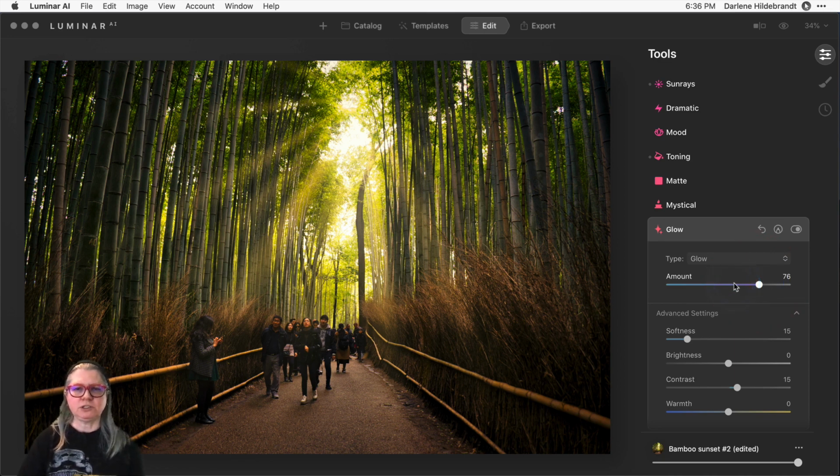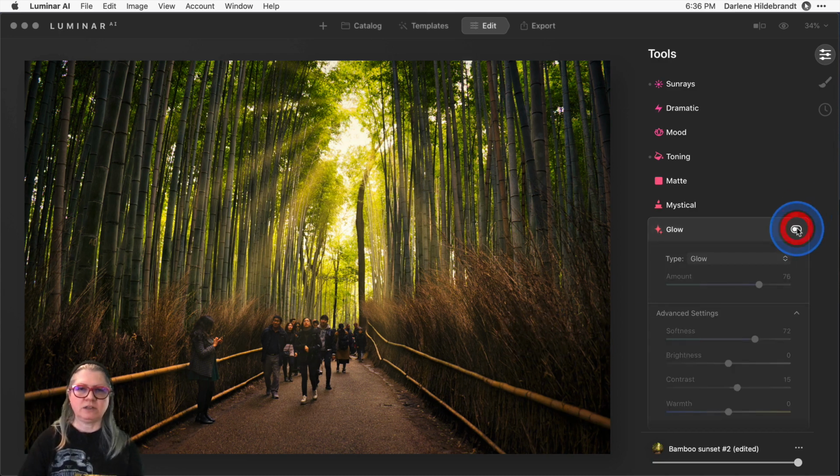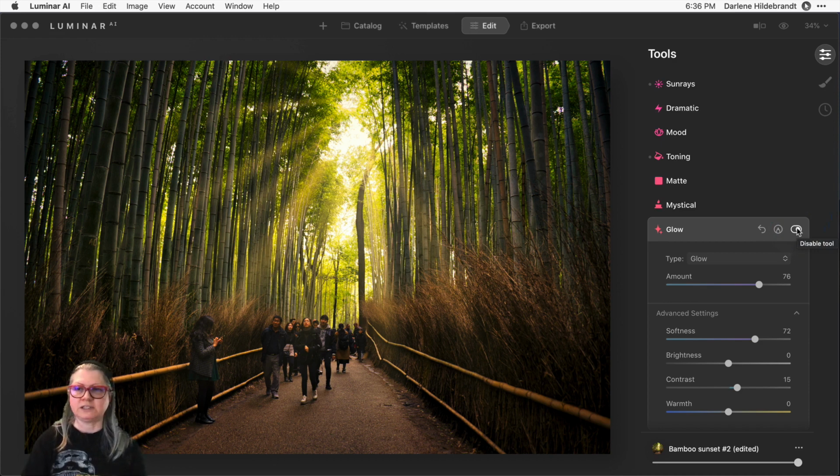As usual, I'm going to go fairly extreme and then dial it back. The difference you'll notice with this particular one, the glow one, is that it only applies, and I'm going to drag this up higher as well, to the bright areas of your image. You'll notice that there's not a lot of glow happening down here in the shadows or on the people. Let me toggle that off. You see that most of the glow is coming from that central area where the sun is.